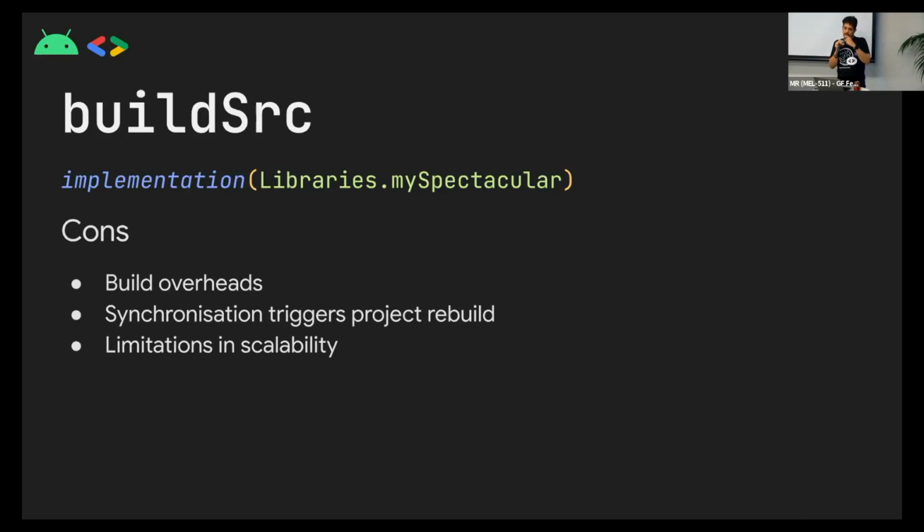But this method also comes with a lot of cons. Build source is a full module in itself, which compiles before any other module or any library or app module in your project. So it comes with overheads. It's got its own configurations, its own build.gradle file, its own dependencies, if any, which means it compiles first and the output gets added to your build script, and then the rest of your modules get compiled. If you're not careful about it, it is possible that build source is the slowest module in your entire project, which means it's going to drag your entire project to slowness.